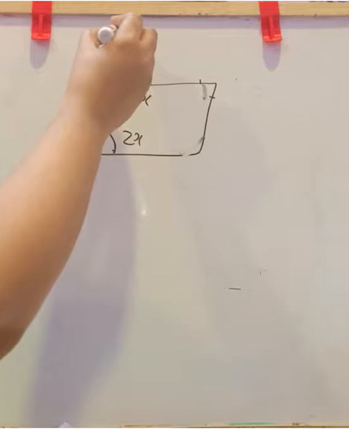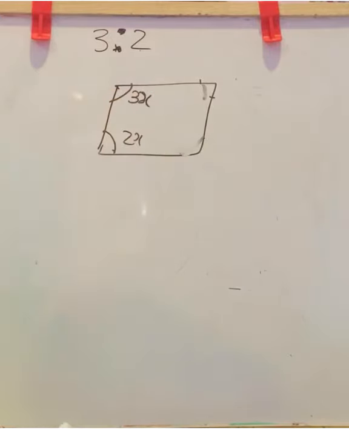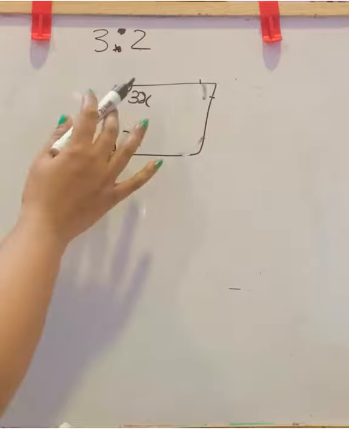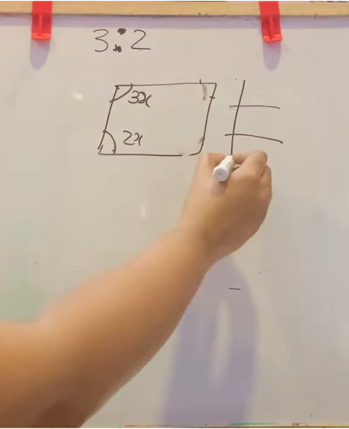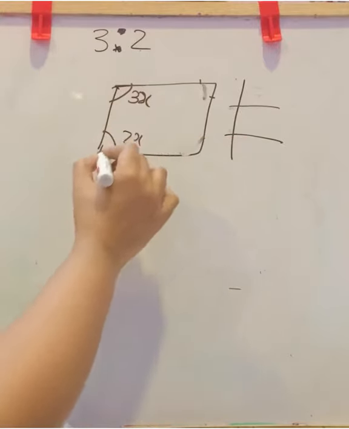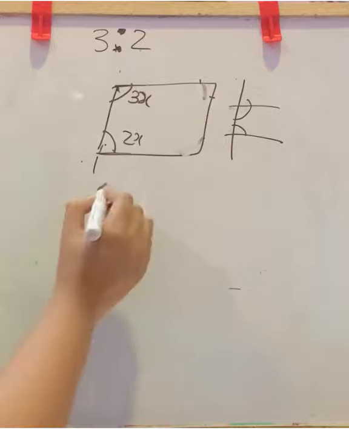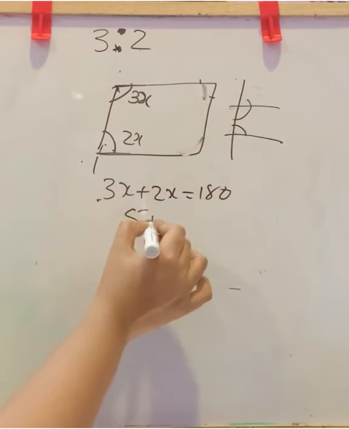If you see a ratio sign, you have to make it as 3x and 2x form. Then only you can do the problem. So, if this is 3:2, then these angles will be 3x and 2x. We know, for parallel lines, if a transversal is falling like this, these two angles are consecutive interior angles and their sum is 180. That is 5x is equal to 180.